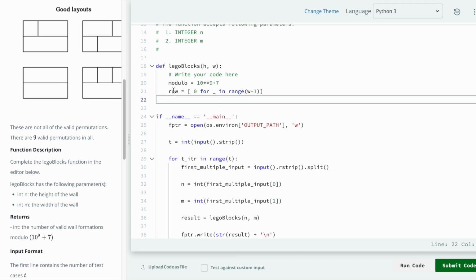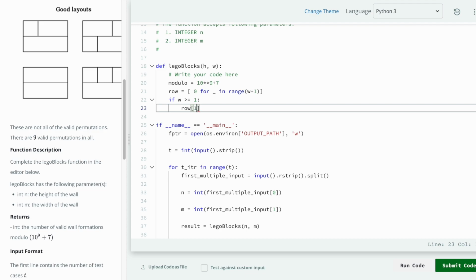So for the list, I want to put the number of total layouts when the height is 1. For the previous 4 numbers, I have to manually type in the value. But when it comes to when the width is 5, I can use a for loop to calculate. So if W is greater or equal to 1, then